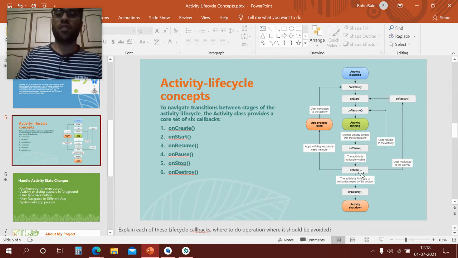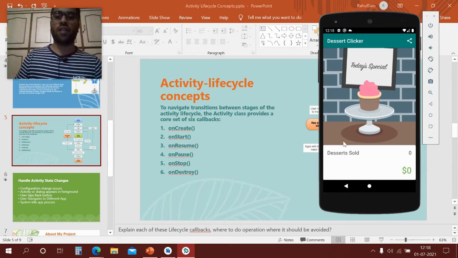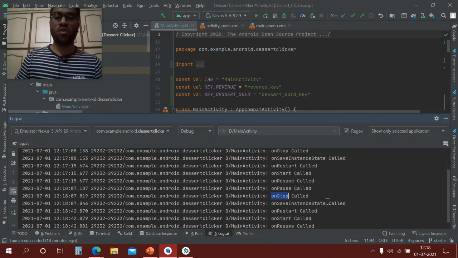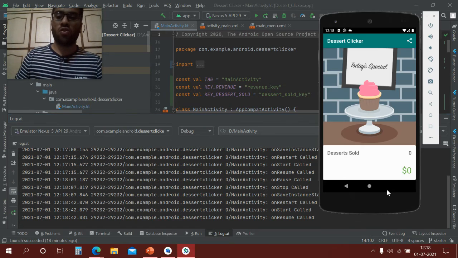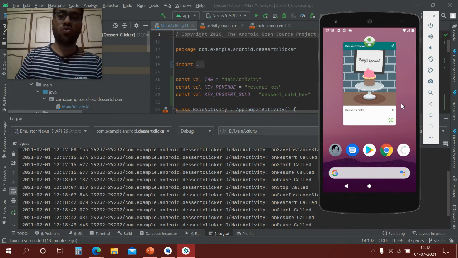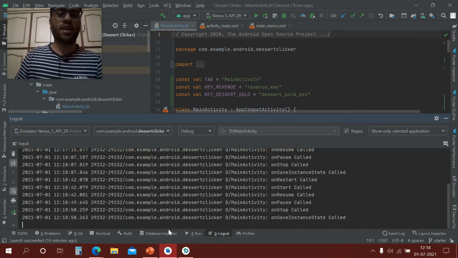It will just kill this app process, and when we again navigate to the activity, it will start from onCreate. So if we just pop up this and open this, it will just show onCreate. I cannot show this because I don't have a very big app, but it is understandable.